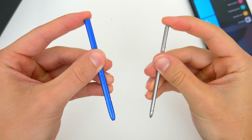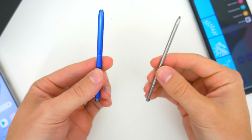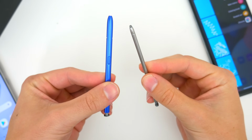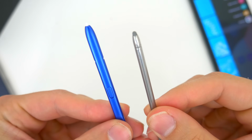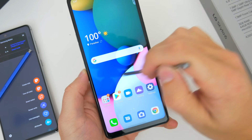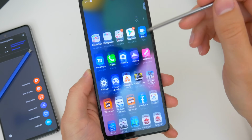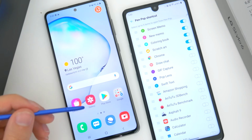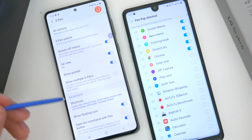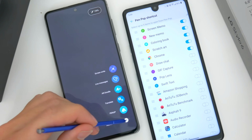The stylus on the Stylo 6 is your basic metal pointer tool with a rubber tip. It's not connected to the phone at all. There's no buttons or gestures. It's just a simple little stick basically, and offers no additional features on its own besides when you actually interact physically with the phone. Both phones offer a wide array of stylus-related apps and tools, including notes, memos, screenwriting, coloring,